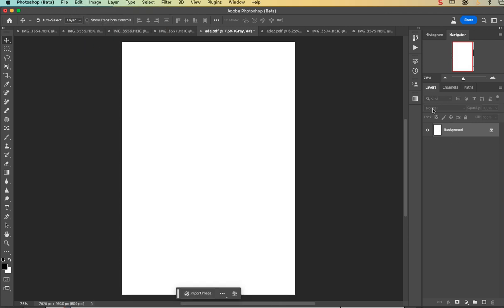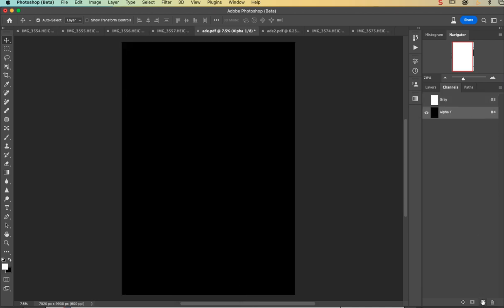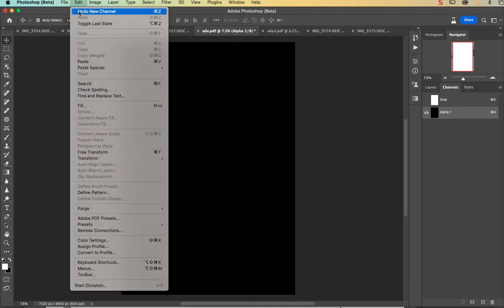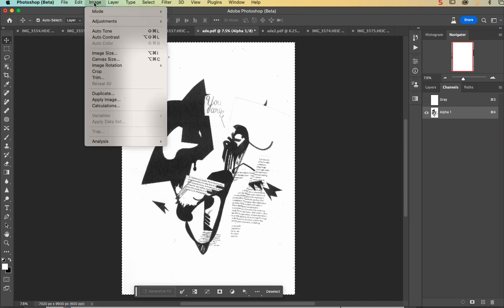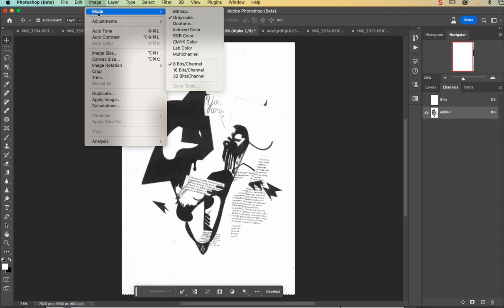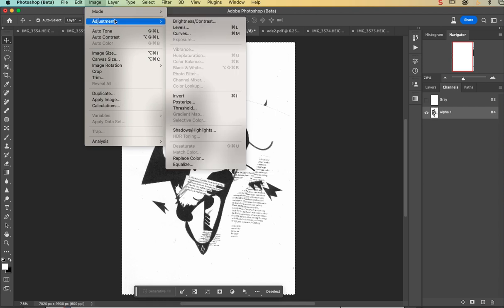And now over here, whether it's RGB or grayscale, I just go to my channels. There's a little icon down the bottom that's a new page, so it'll add in a new channel. I'll go Command V, same as going edit, paste. And all I do is I work with the levels. So if I go Command L, same as going up here and going image, adjustments,